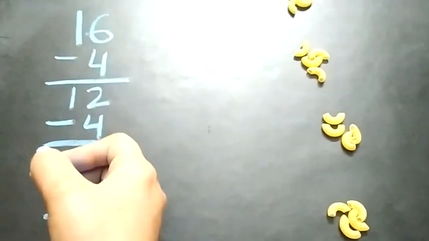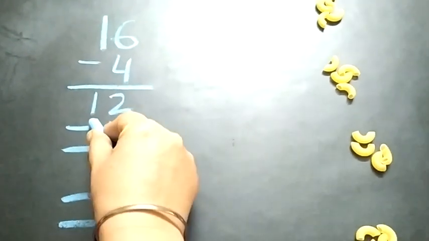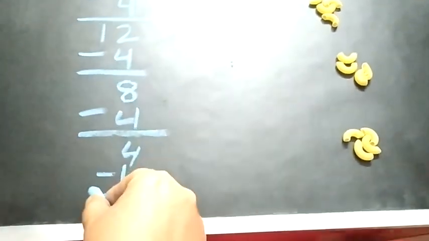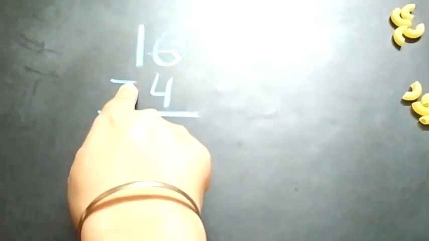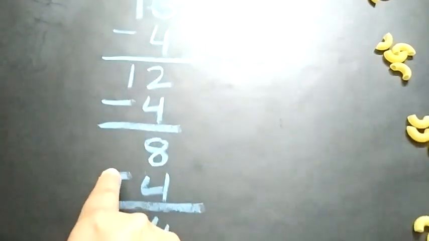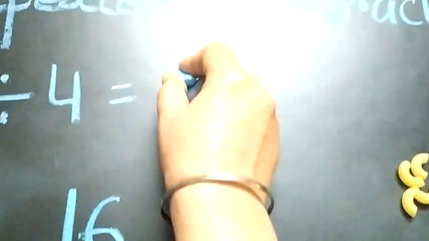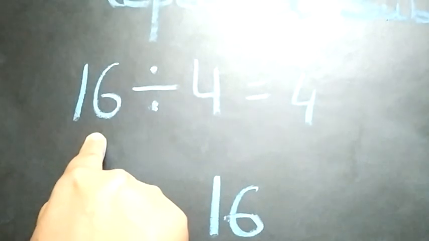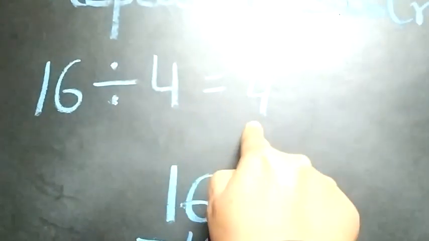We have distributed all the candies, and every time you will see we have subtracted 4, minus 4, minus 4, minus 4. Now to find the answer here, we have to see how many times we have used the minus sign. 1 time, 2 times, 3rd time and 4th time. So 4 is the answer. And if you see, 4 fours are 16. So if we have to divide 16 by 4, my answer is 4.